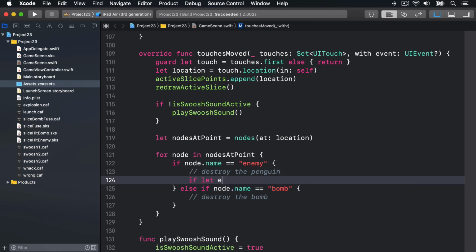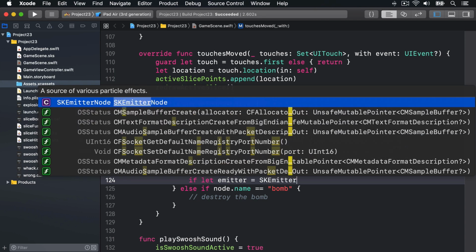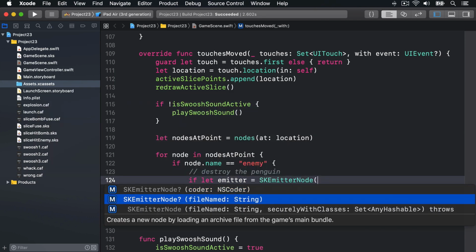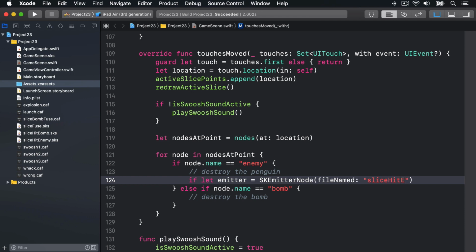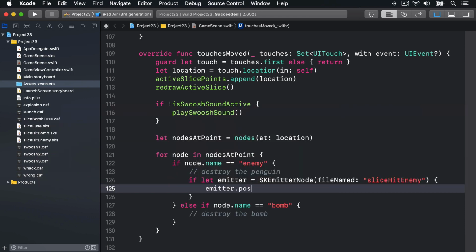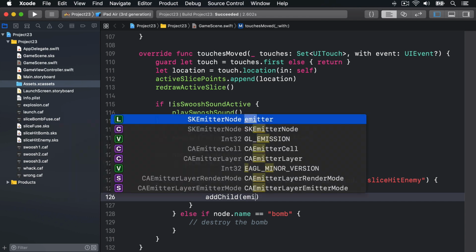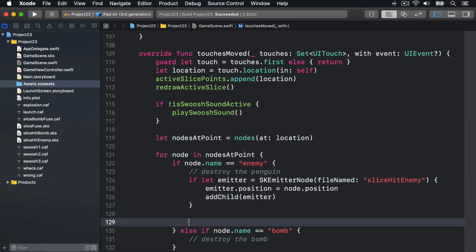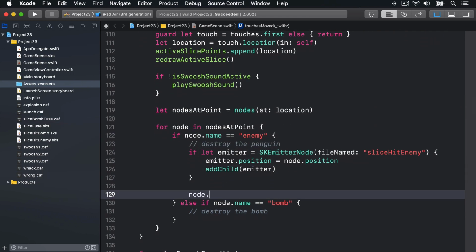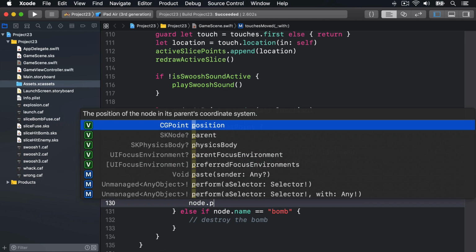First, if let emitter equals SKEmitterNode, using file named slice hit enemy. If that worked, awesome, the emitter position is our node position. And add that to our game scene. If we're here, we'll say node.name is empty, make it no longer marked as an enemy so we don't keep getting scores for it. And we'll turn off its physics by saying physicsBody